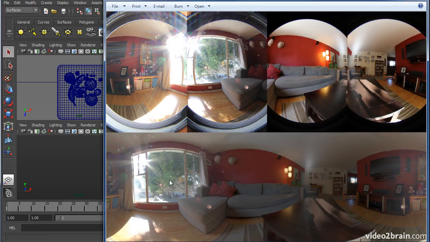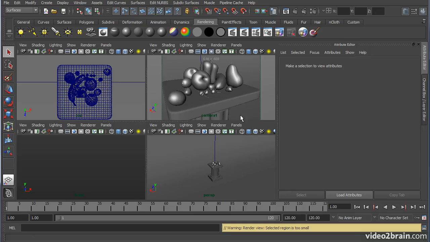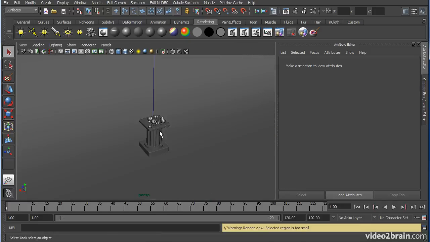This image essentially has a very wide range of information, from the very darks to the very brights. And Mental Ray will be able to use this as lighting information. Seeing that the sun here is the brightest thing in the image, it'll use the intensity of that brightness to actually light your scene. We'll be taking a deeper look at using HDRI in Mental Ray in a subsequent video,